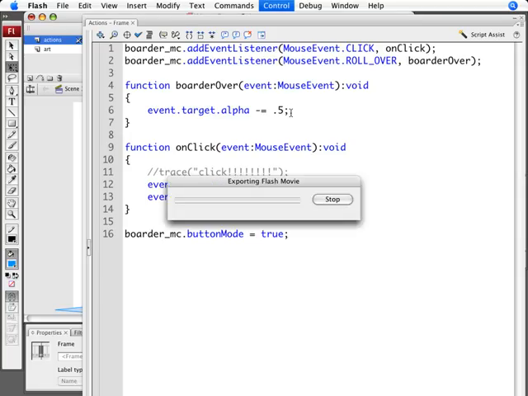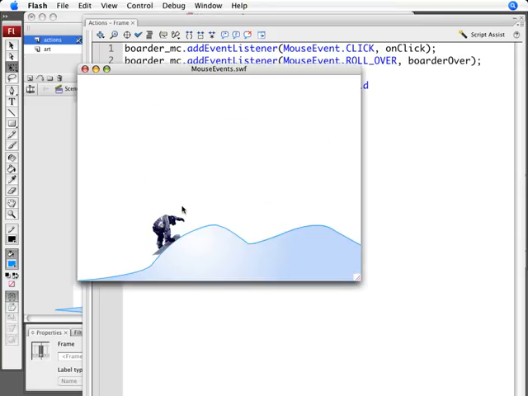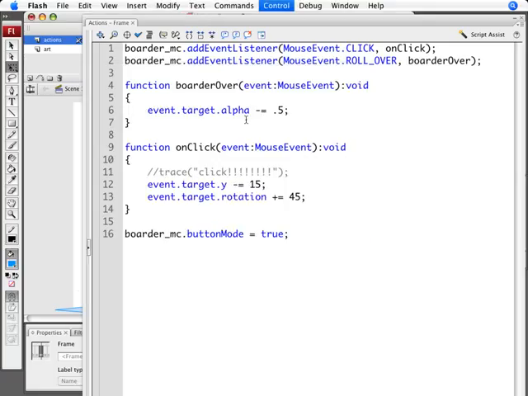Now if I test the movie, roll over the border, roll out, nothing happens, roll over again, and alpha is 0. So let's just say alpha equals 0.5 instead of minus equals 0.5. Now let's just create a roll out event so that when we roll back out, the alpha goes back to normal. So I'm going to select line 2, press Command C or Control C on the PC to copy that